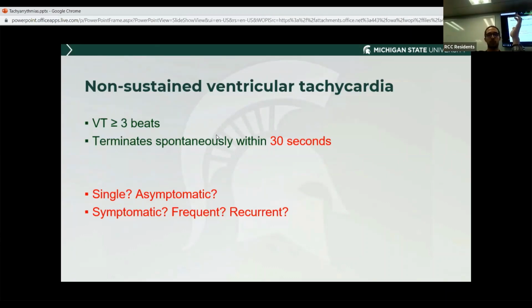If they are recurrent, if they are frequent, they could be symptoms of an underlying cardiovascular abnormality or underlying structural heart disease. But if it's just a single asymptomatic, you can just get electrolytes, full EKG, which will likely not show anything by the time because it's already aborted by itself. But if it is recurrent, frequent, symptomatic, you can work up the patient for an underlying structural heart disease. And sorry for this long lecture, but